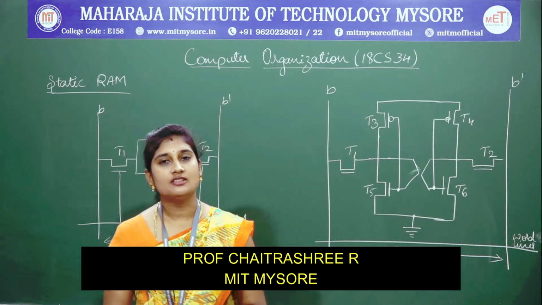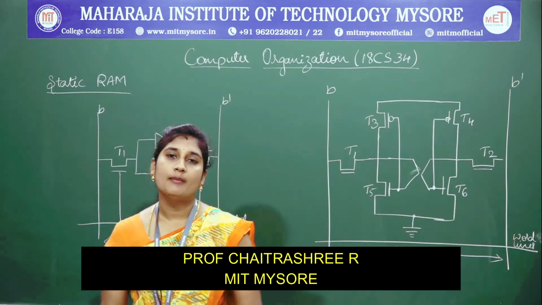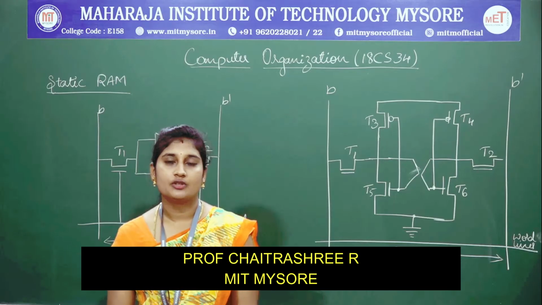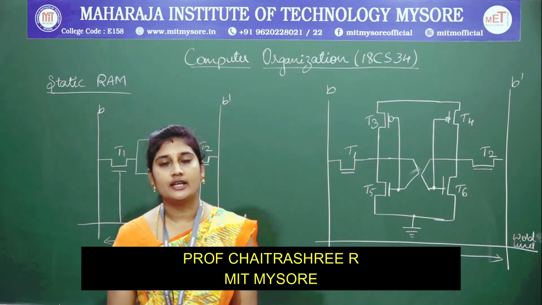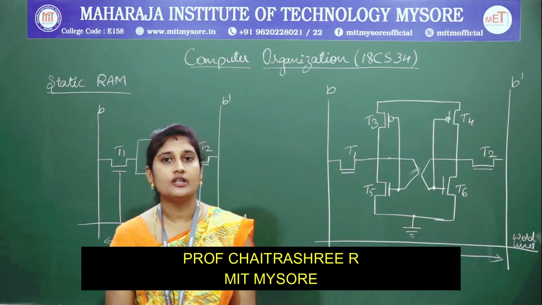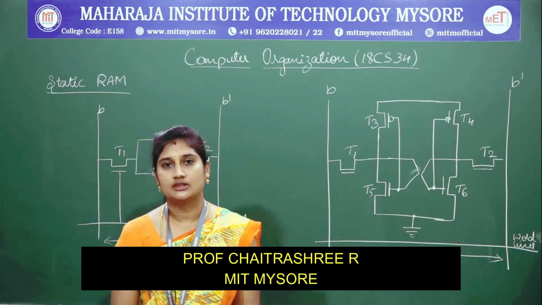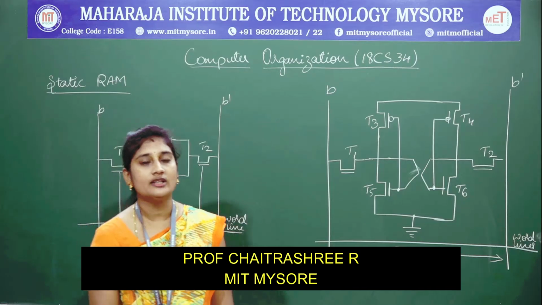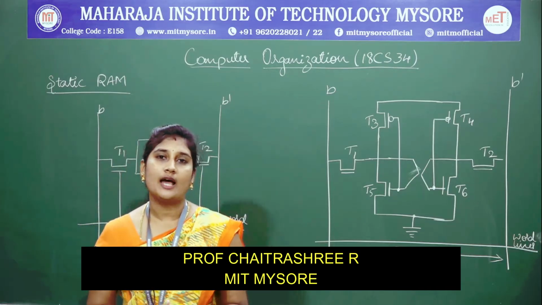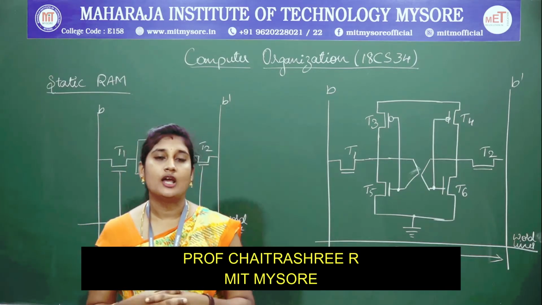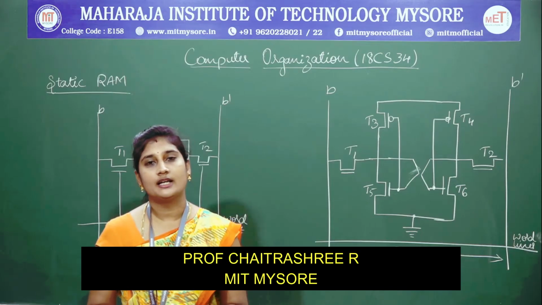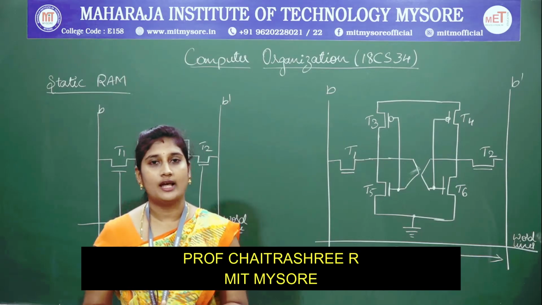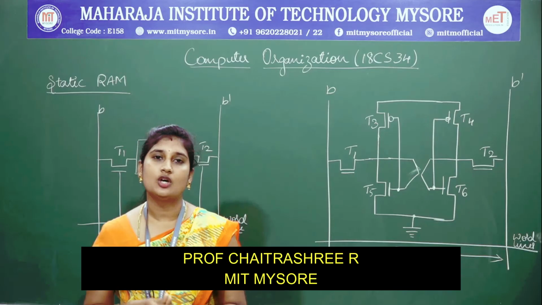So in the last class we discussed the memories in your computer system. Which are the three hierarchical forms that you will be following in the memory of your computer system? Your computer memory is categorized into two ways, that is primary memory as well as secondary memory. Again, primary memory is categorized into RAM as well as ROM.